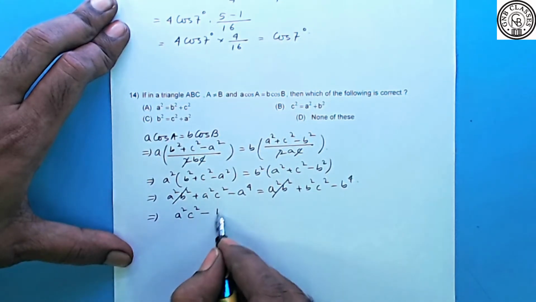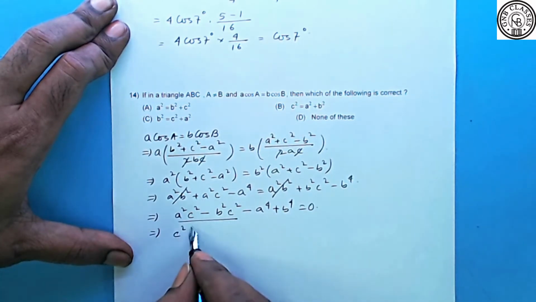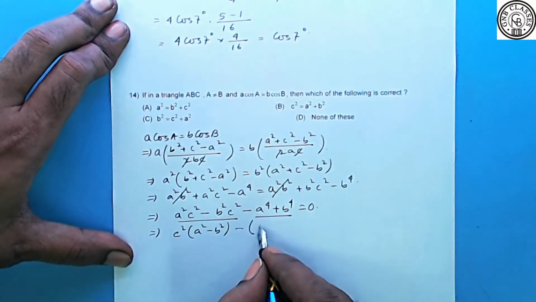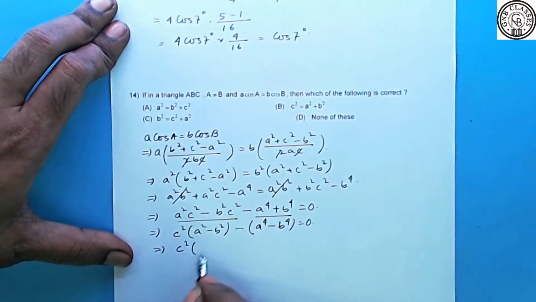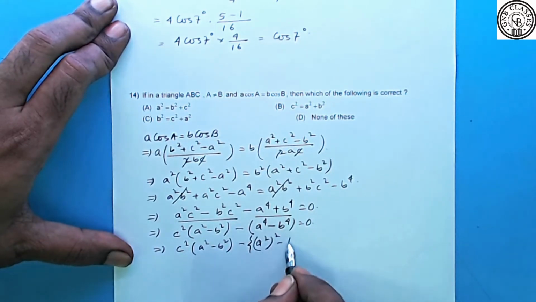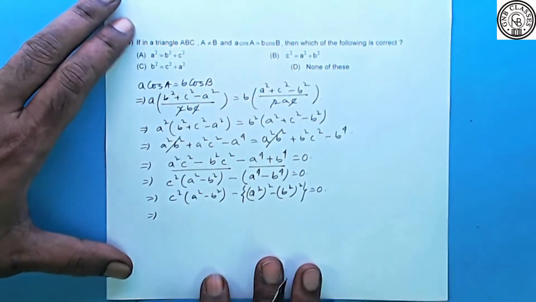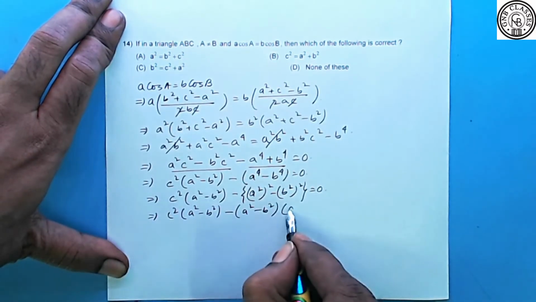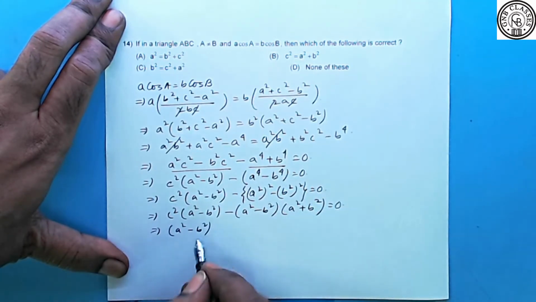Let me take every expression on the left hand side. From this, if I take c square common, it is a square minus b square left. And in this case, if we apply a square minus b square, because if I put a bracket, it will be a to the power 4 minus b to the power 4, which can be written as, now applying the formula of a square minus b square. So we are having... now if I take a square minus b square common, so we are left with